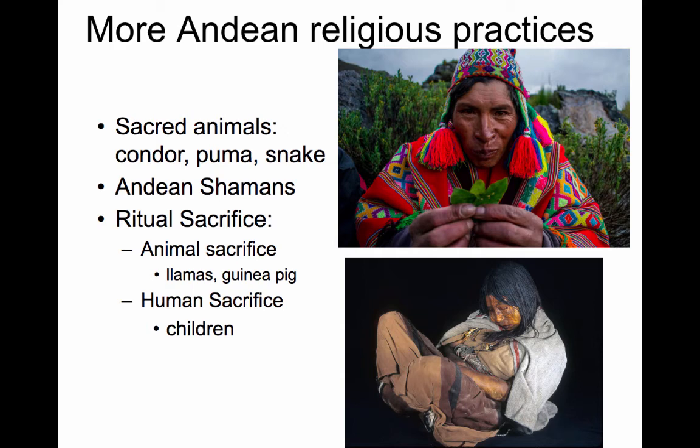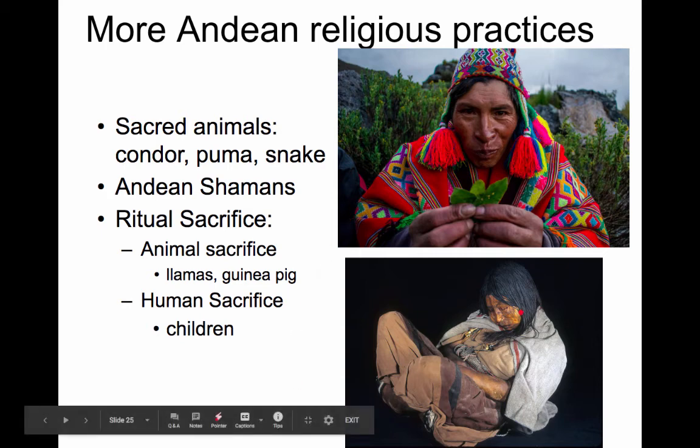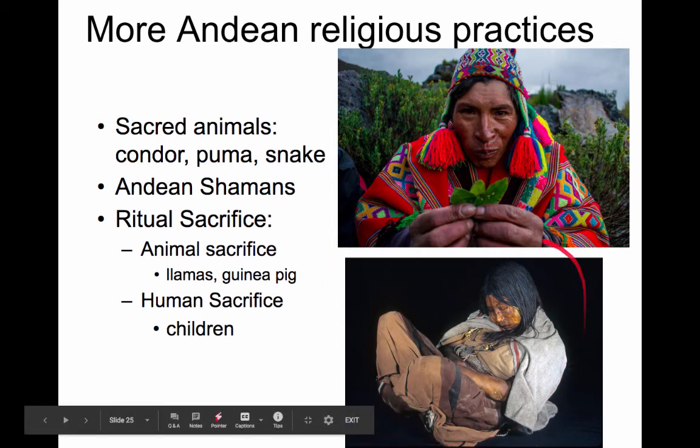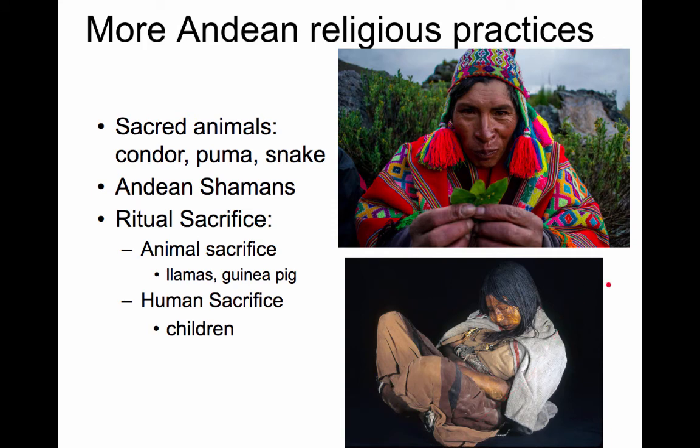Unlike the Aztec, they did not want to spill blood when they sacrificed. So they would not do bloodletting. They wouldn't rip out anybody's hearts, anything like that. And we know this by the fact that many of these sacrificial victims were also mummified, but not purposefully. So this is actually a sacrificial victim who was nicknamed Juanita. Juanita the Ice Princess, they called her.